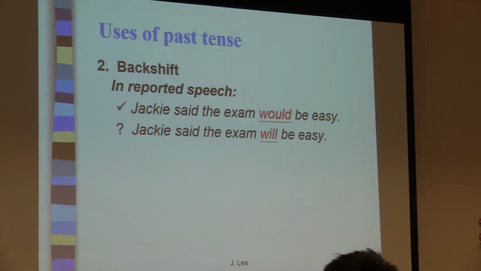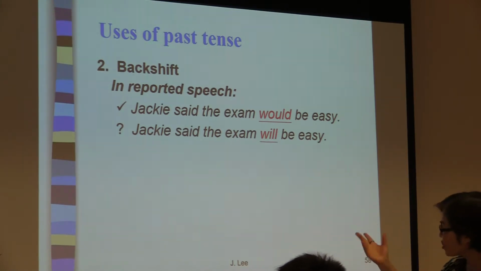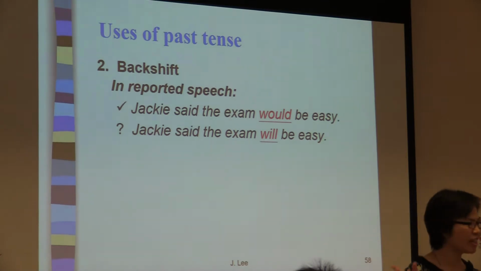Wow, actually, you are right. Actually, both are okay. Will be is okay. Would be is also okay for today, for the announcement today about tonight's class. So either one, you can say the university announced that the class tonight would be cancelled, or the university announced that the class tonight will be cancelled. Yes, both are acceptable. So either you have back shifting or no back shifting: change the tense one step forward.